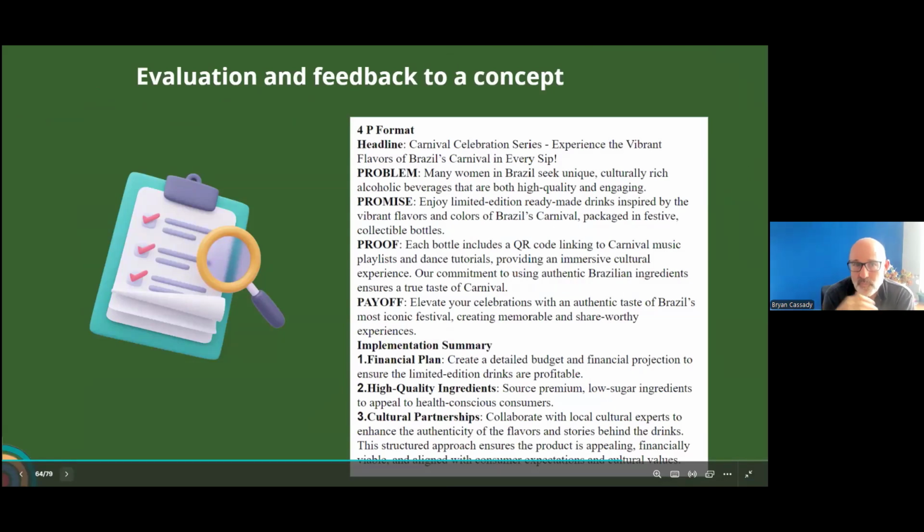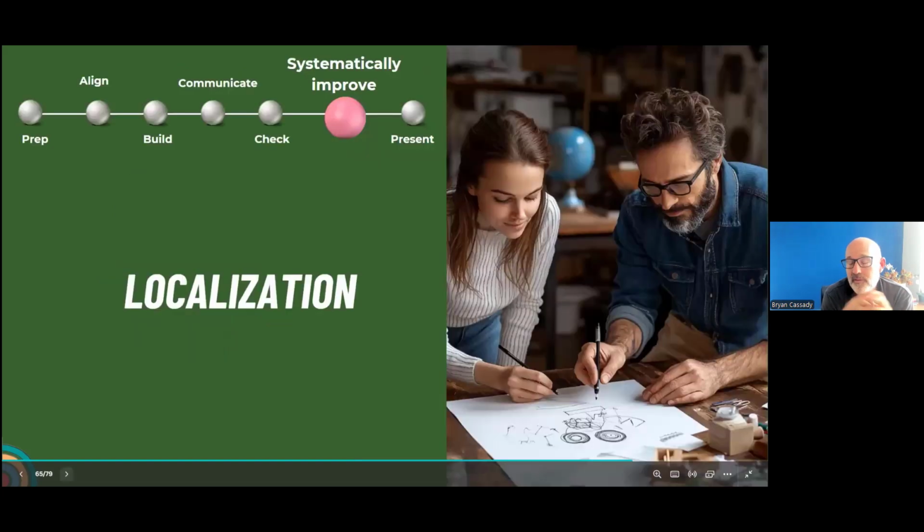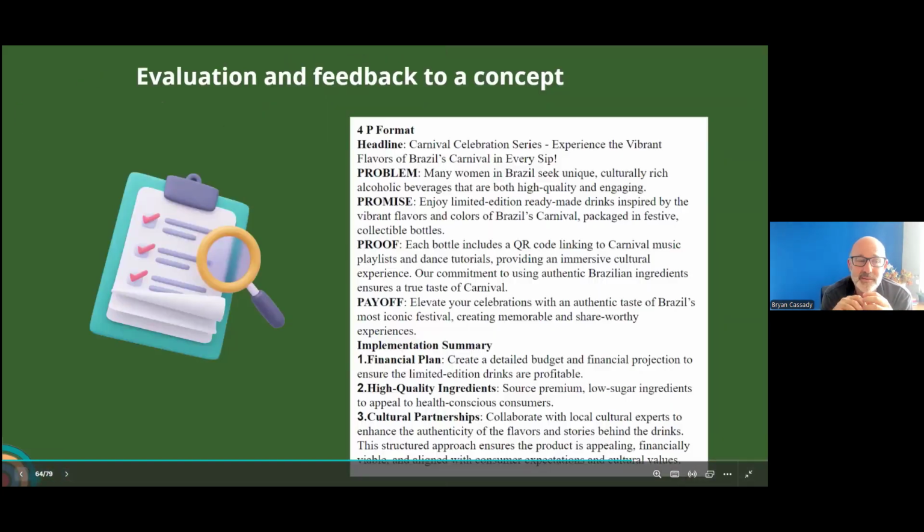And the concept form is problem, promise, proof, payoff. So basically, what are you trying to solve? What are you offering to people? Why should they believe you? And what's the payoff? The most important here is the payoff, which is the